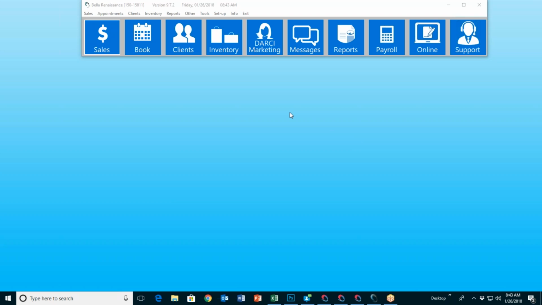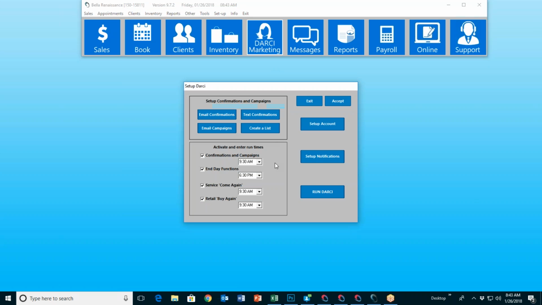The first thing we're going to talk about, as I said, were those two unique items. And those two unique items are going to be the Darcy marketing system and the online button here. So we're going to start with Darcy. Darcy is named Darcy because she's our daily automated reminder and client information system. And Darcy is going to interface with, she's speaking directly to your client files, your appointment book, your inventory,